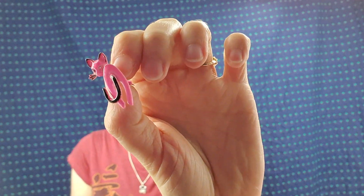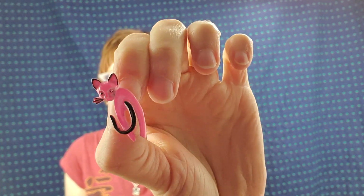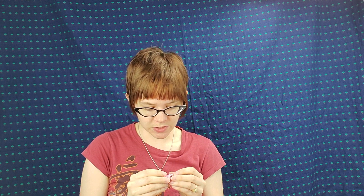Okay, and then I got this super vintage, super crazy bright neon pink cat pin. And I don't wear pins, but I thought it was just really fun and really neon. And this one I'm thinking is probably just from the 80s. There's no maker's mark, but it's cute. And that one's probably worth...